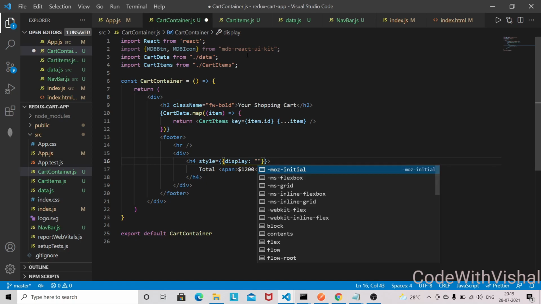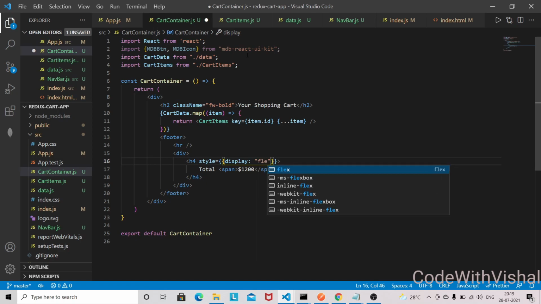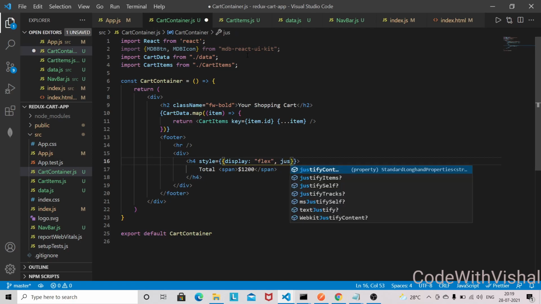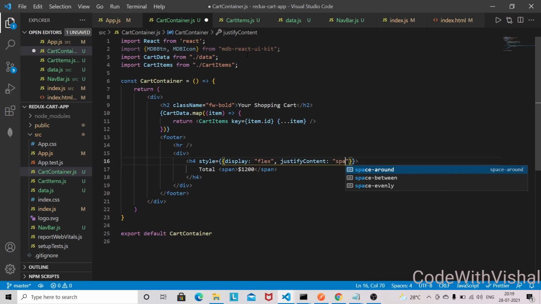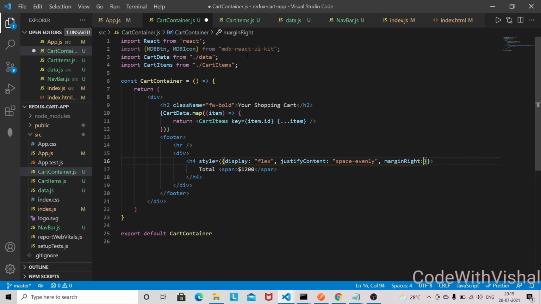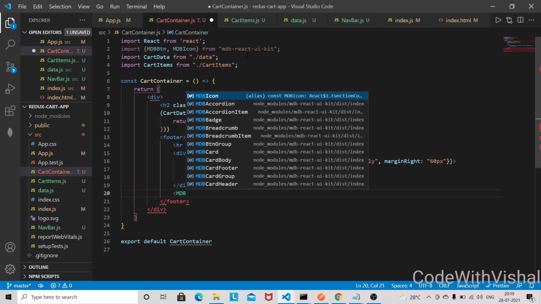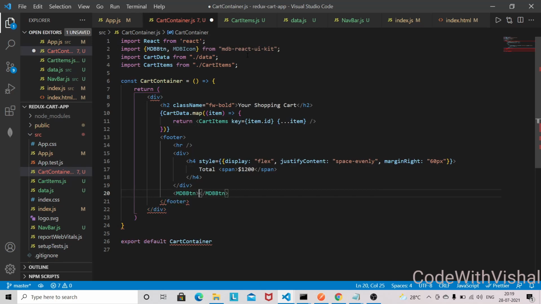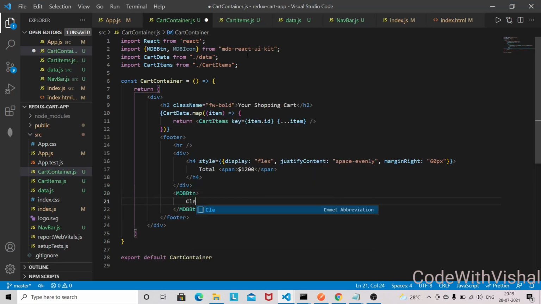So in this project I'm not using any CSS style file, so all the styling will go inline only. So justifyContent space-evenly I'm using, and margin right, and it will be 60 pixel. And let's work on the other area. So we'll have one button, MDBBtn, and the button value will be clear cart.